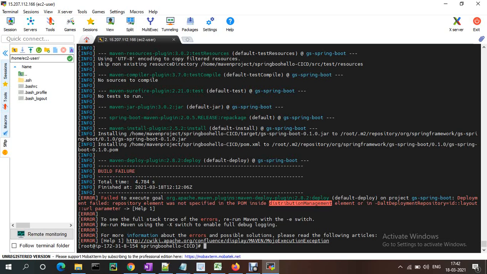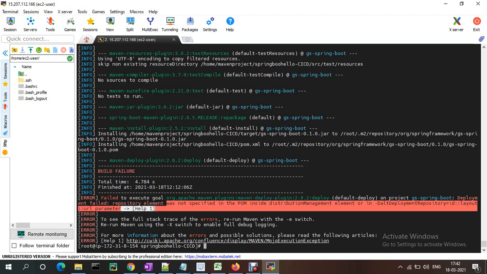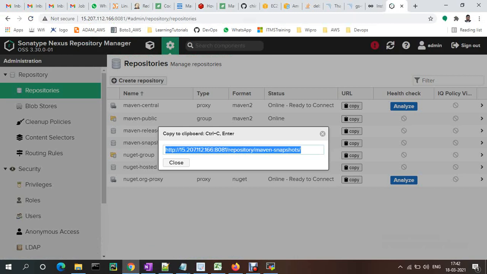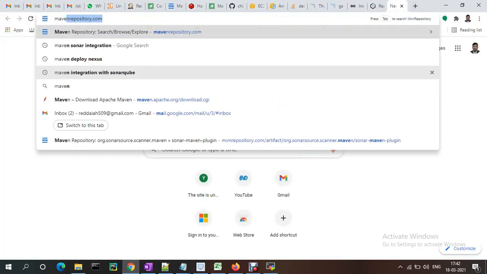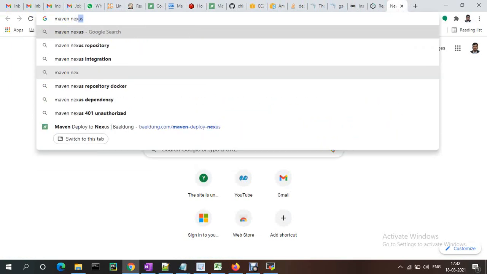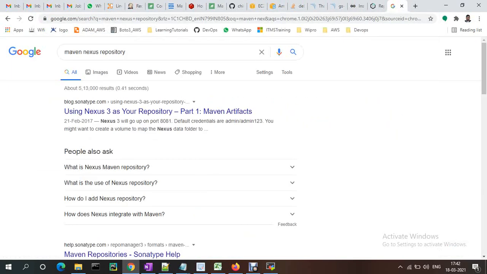Okay, so this build failed, deployment failed: the repository element was not specified in the pom inside the distribution element. So let me update those details here. Maven Nexus repository.